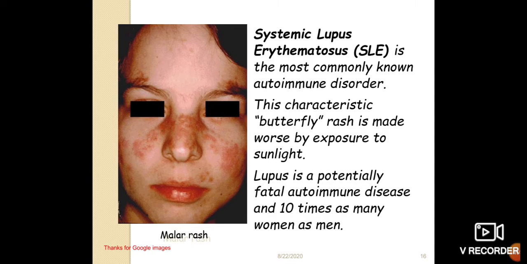Yes, this is true. It's characterized by a butterfly rash. This butterfly is actually small rashes that start to extend and make the shape of a butterfly on the nose and cheeks on the face. Systemic lupus erythematosus is usually a fatal autoimmune disease, and the sequelae are known. It is more predominant in females than males. Actually, it comes at a certain age, and this also confirms the hormonal predisposing factor of autoimmune disease.